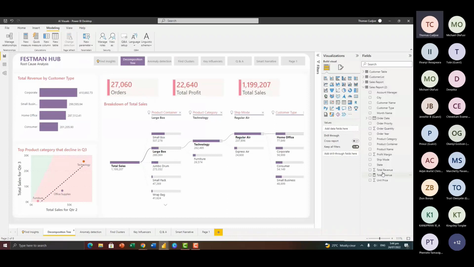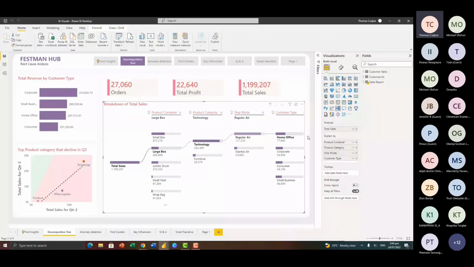Here we are using AI split to find the highest values that are impacting our total sales. Now, we have other measures that we can equally analyze.